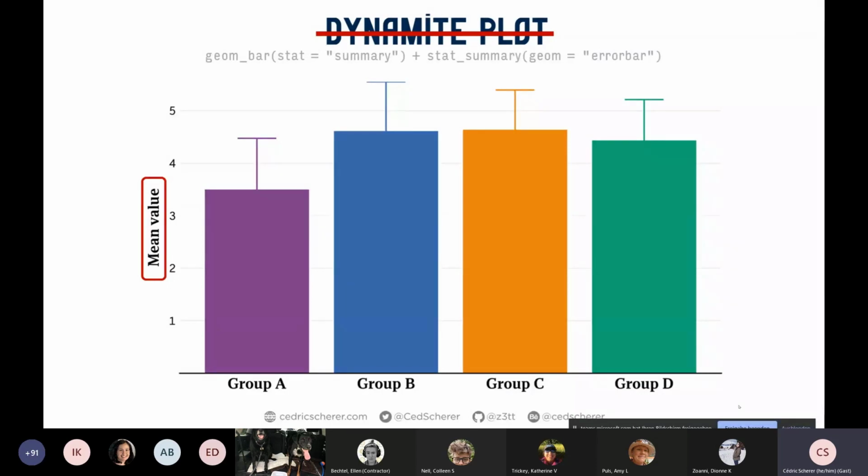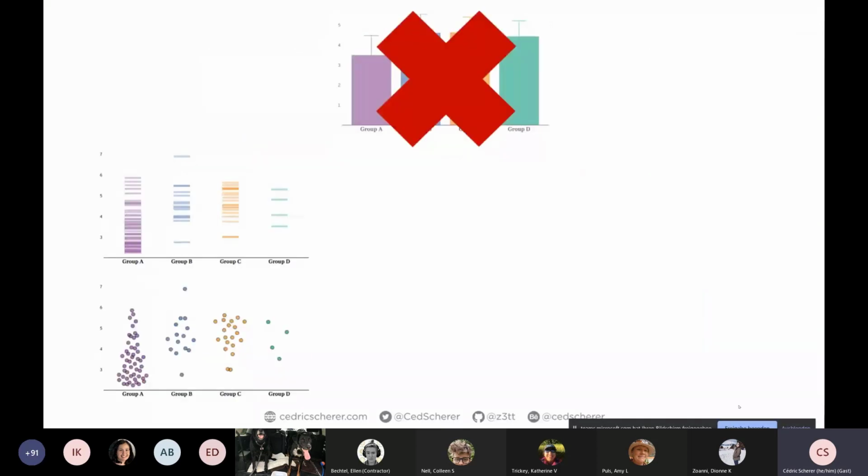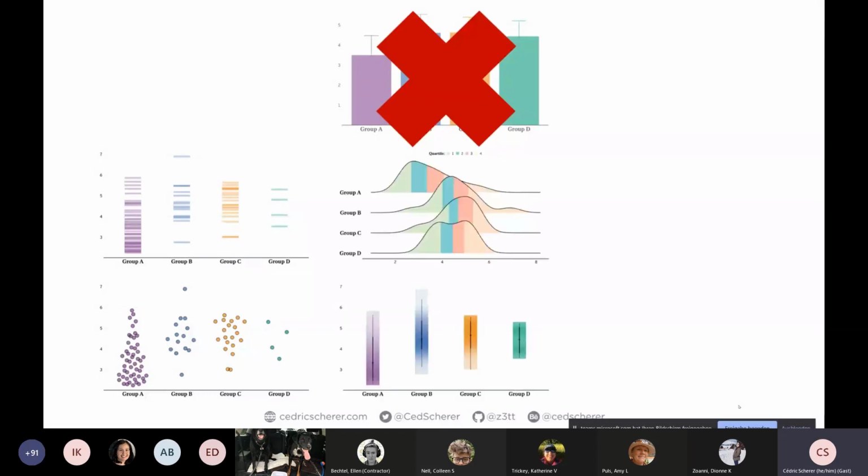This is obviously not even better, might be even worse because this could be standard deviation or standard error. And we have lots of other possibilities here, and here just a few I will show you later. So the first idea we could do is show the raw data as these barcode plots or beeswarm plots. We could also use different chart types.